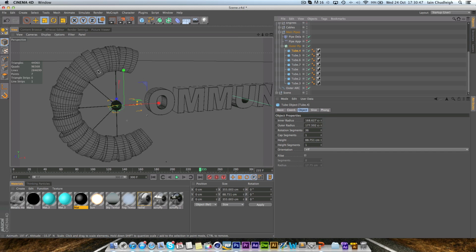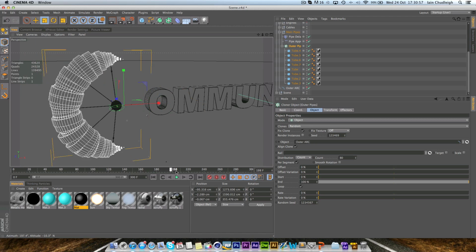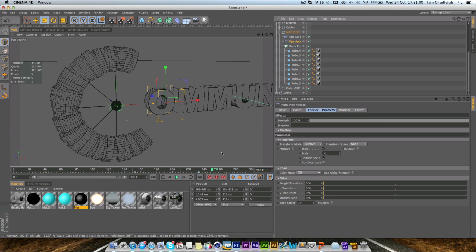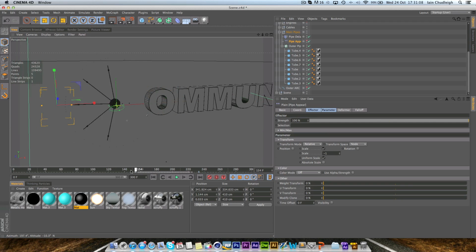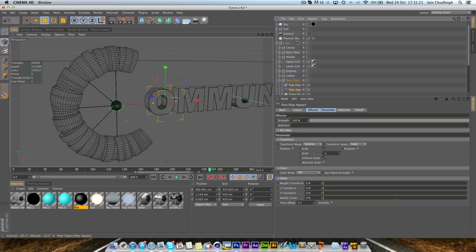some larger, and then with the clones selected to random, it just randomly placed them around the arc to give it this quite nice effect. And then the plane effector just to change the strength, well, the scale from -1 to 1, and then just move that along, and then with the delay we created that little bounce. So if we turn these back on,